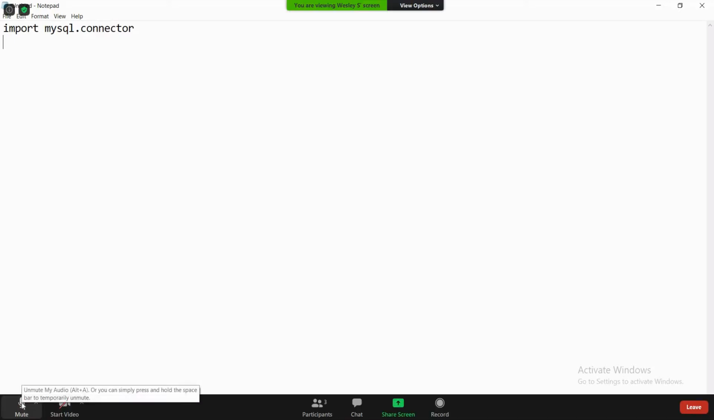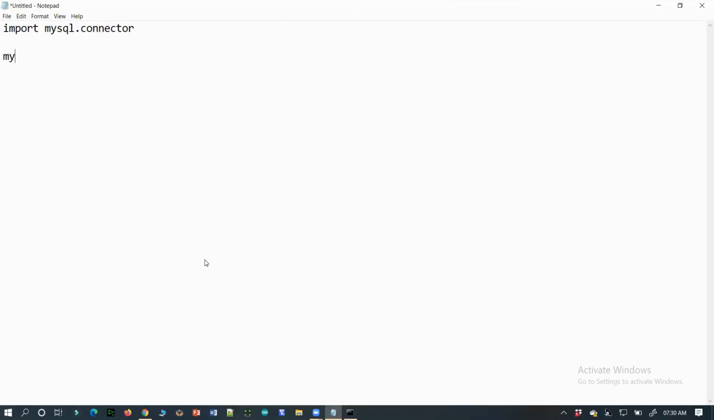So I can import the MySQL connector, right? After importing, I need to connect to the database. Python should know where the database location is, right? So I'm having a connect method inside the MySQL connector module. So what is the method? Connect,